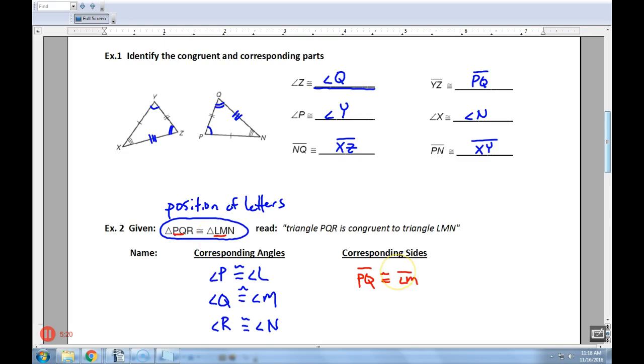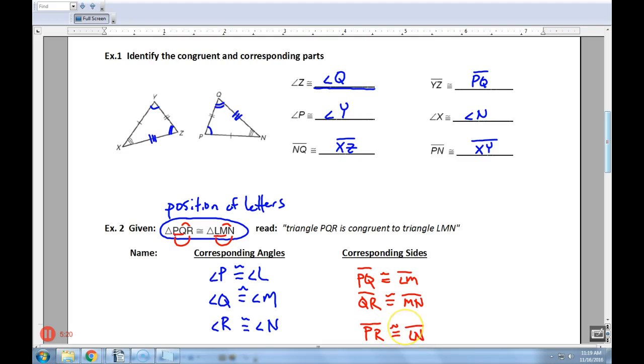And I could reverse those letters, there'd be no problem there. Now QR, segment QR, has to go with MN. QR is congruent to MN. And then finally, first and the third, P and R, go with L and N. Segment PR is congruent to